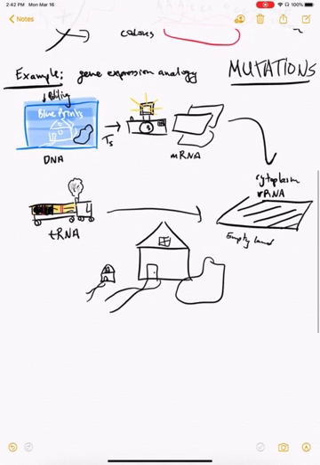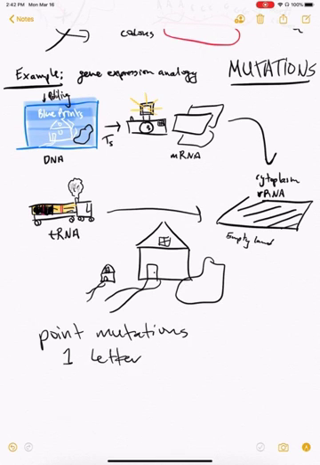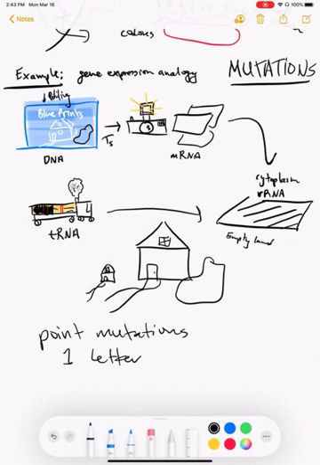So with some mutations, we have point mutations, which change one letter. And that could be no big deal, but it also could be devastating. A lot of different diseases are caused by point mutations, and that could cause something that you don't even notice, and it's silent,